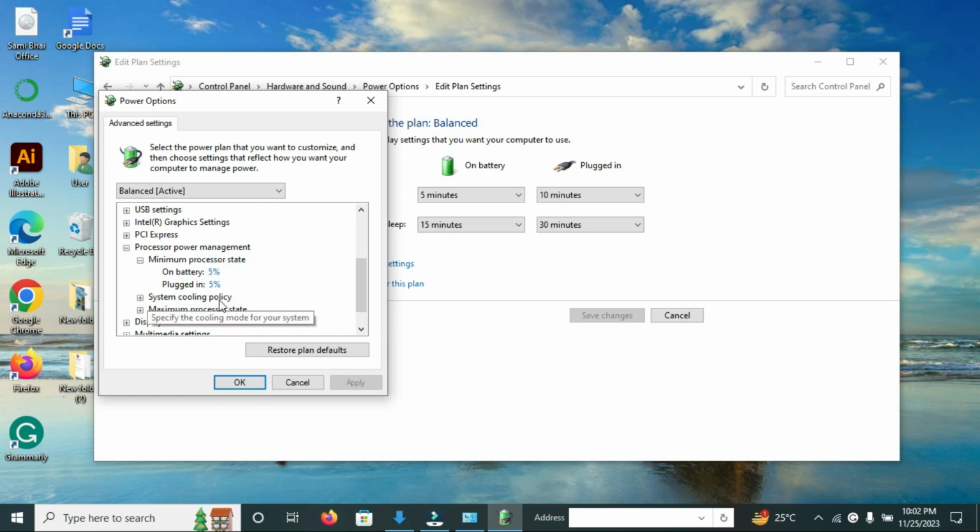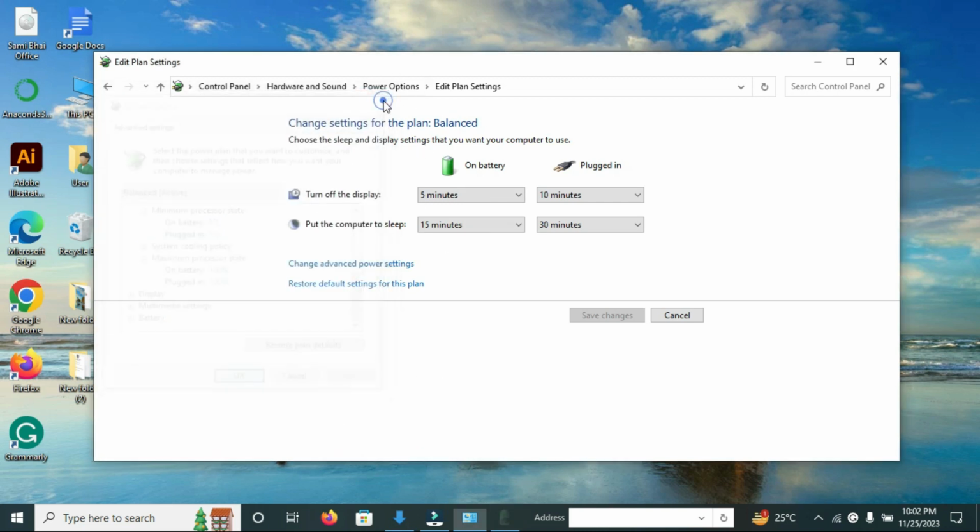So once you do that, maximum processor state. So once you do that, you just restart the computer, and